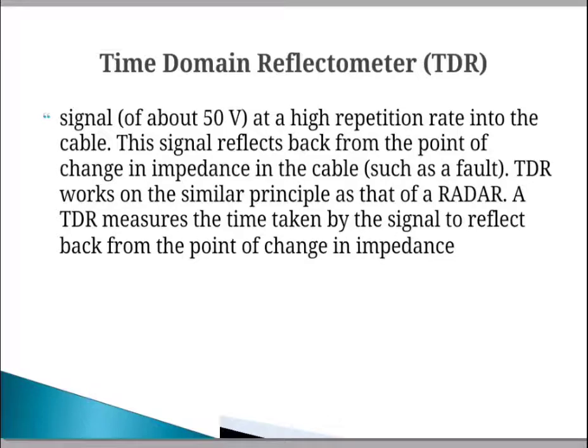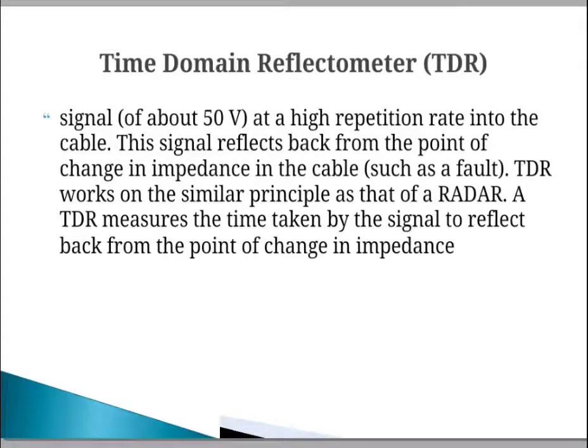The major advantage of this method is that it sends a low energy signal into the cable. It causes no degradation of the cable insulation. This is a major advantage of using TDR to find the location of a fault in an underground cable. TDR works well for open circuit faults as well as conductor to conductor short circuit faults. But the weakness of TDR is that it cannot pinpoint the exact location of the fault. It gives an approximate distance to the fault location in the cable.